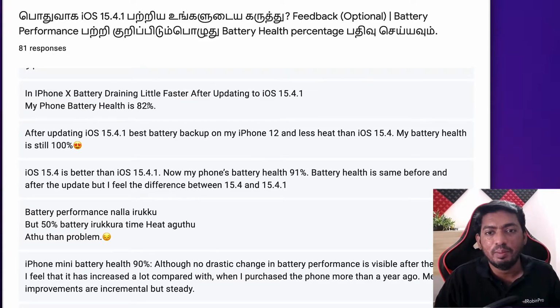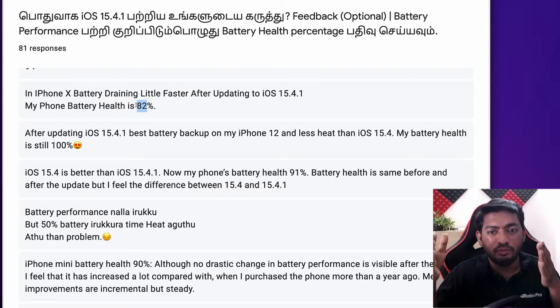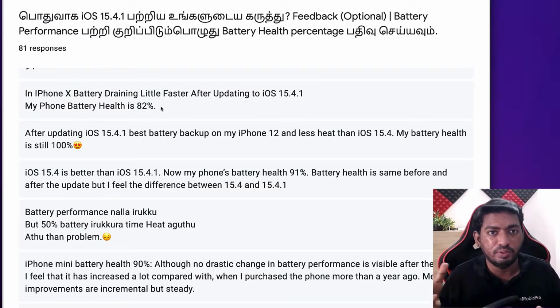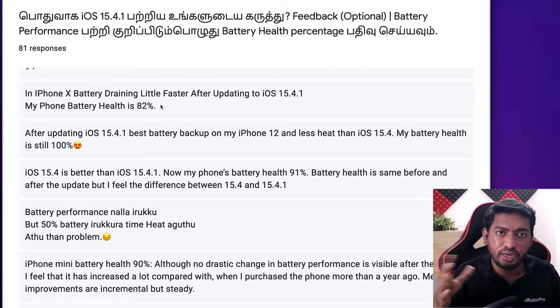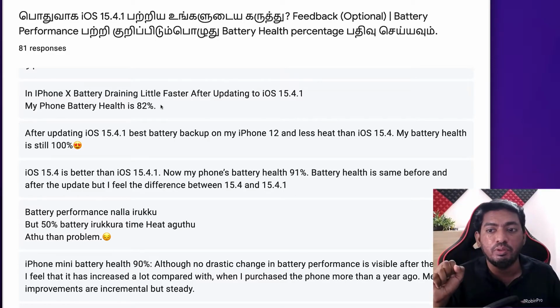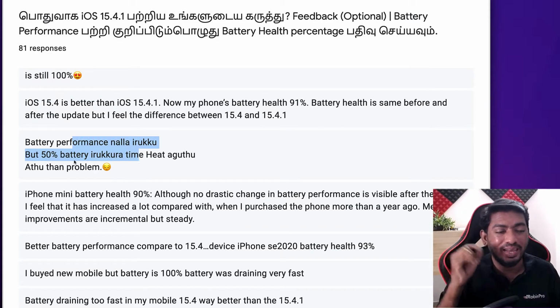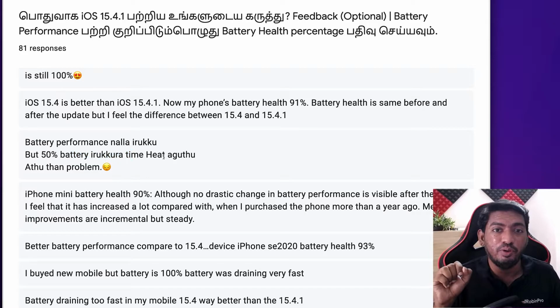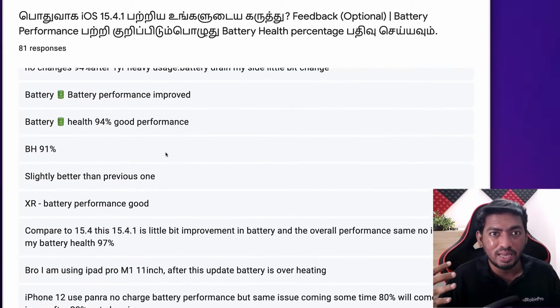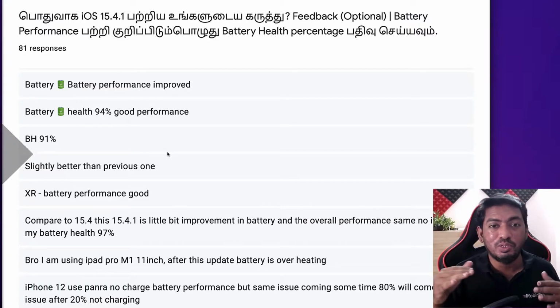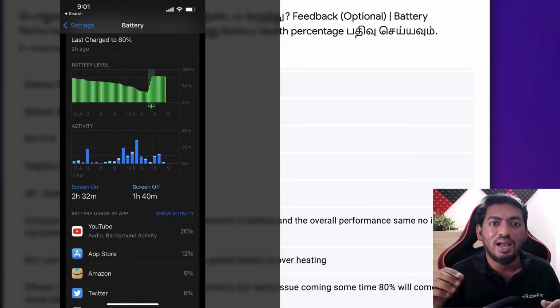So just like any other update, the overall feedback shows a mix of both negative and positive reviews. If you are facing battery draining or heating issues after updating to 15.4.1, I personally faced a heating issue the next day after updating. Even though my room is air conditioned, all of a sudden I noticed while charging that the phone was heating a lot above warm temperature,